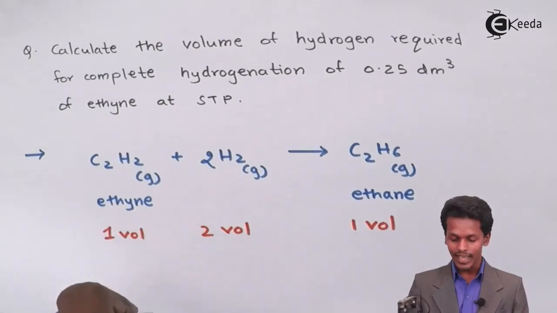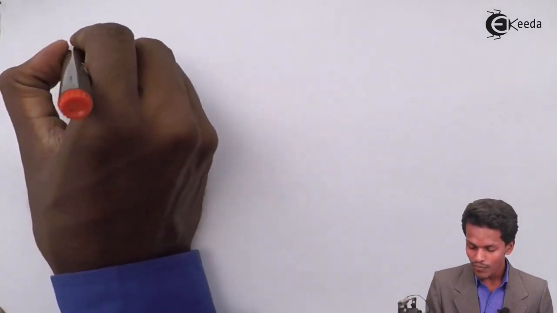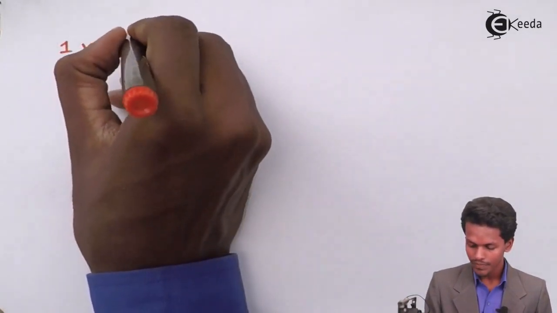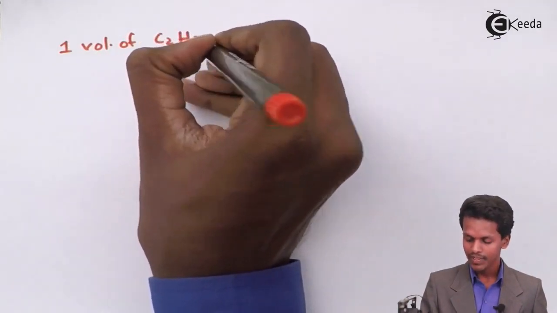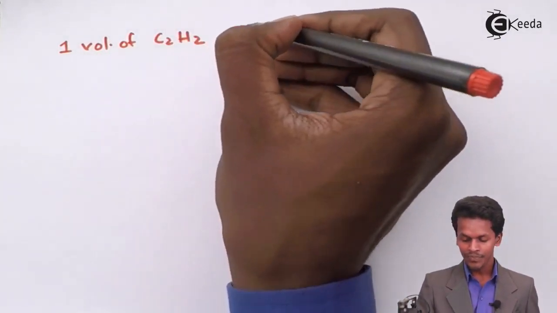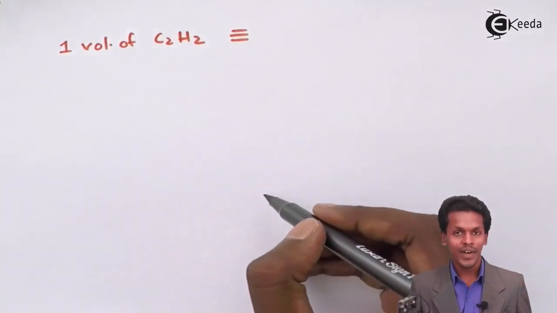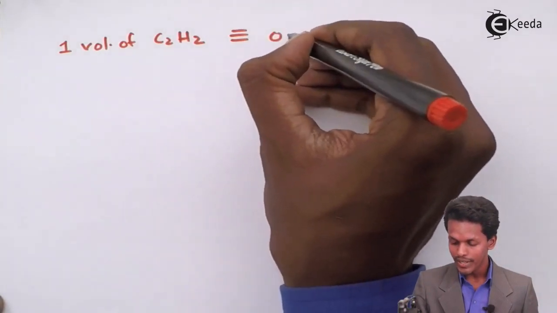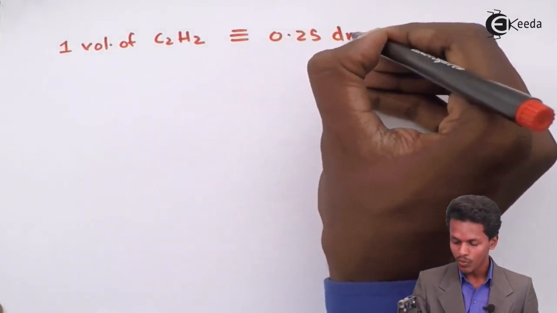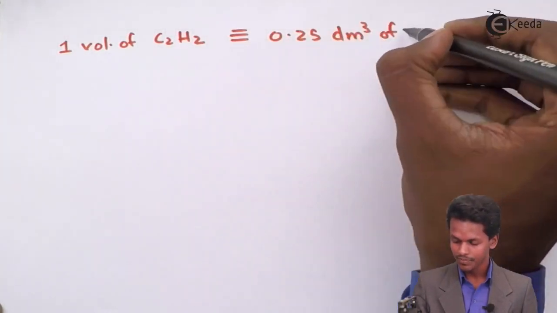So if 1 volume of ethyne, C2H2, is 0.25 dm cube, which is what they have provided to us,